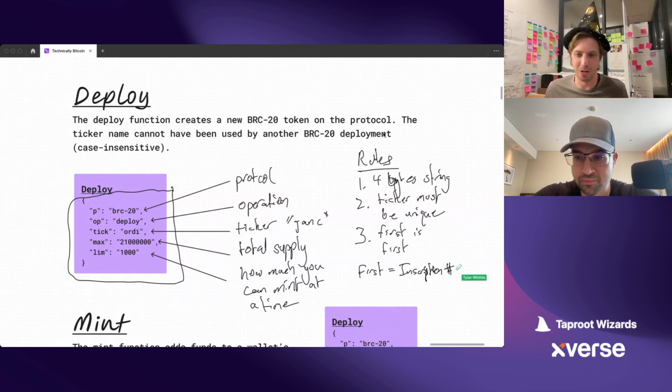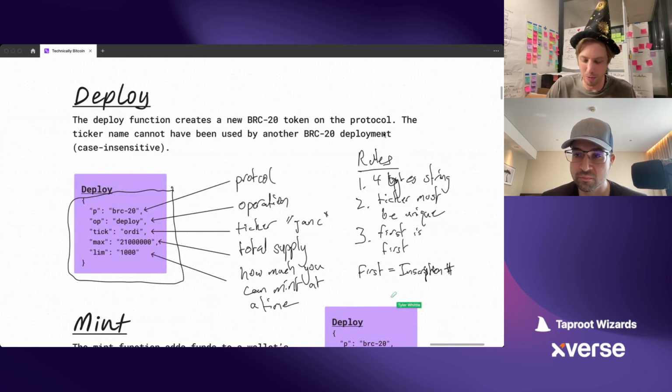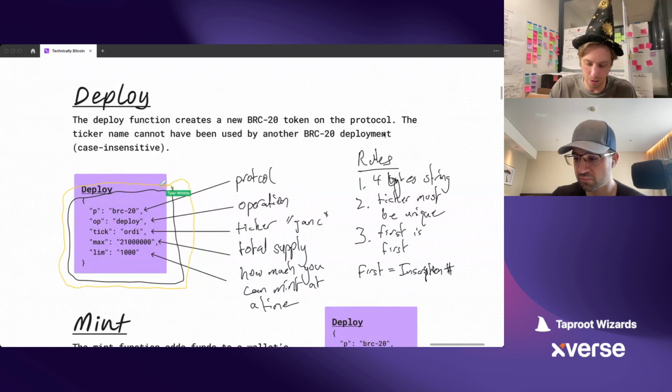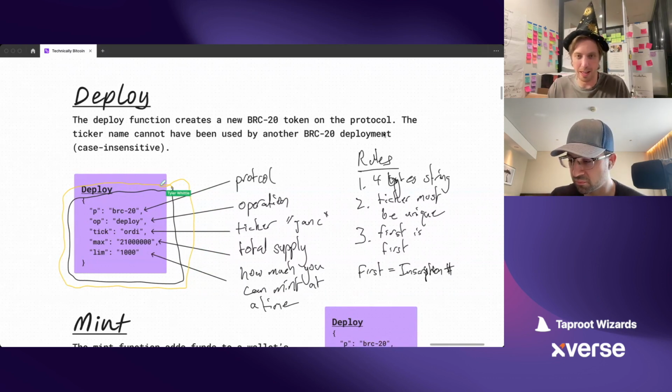An interesting anecdote here, in the BRC-20 history, our good friend Reindel, who now works with us at the Taproot Wizards, created this thing called the Sophon. And what the Sophon did is it sat in the mempool and it watched the mempool. And it said, hey, check and see if you see one of these new deploy functions coming out. So we go back to our deploy function over here. And what it did is it says, if you see a new deploy function, I don't like BRC-20s. I don't want to see more of these out there. What am I going to do? I'm going to find their deploy function. I'm going to copy it exactly, except the one thing I'm going to do is I'm going to change this total supply.